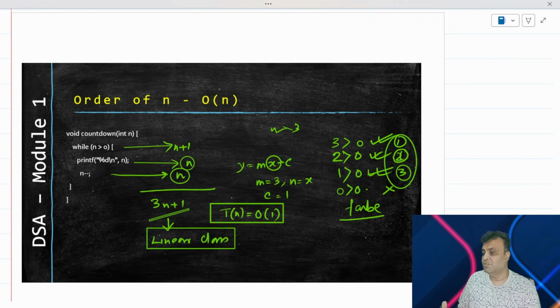We have established before mathematics from a graphical standpoint why we said order of n. This is degree 1. Hence, it should be order of n and not n square, n cube, etc. Hence, the time complexity is order of n for a linear class. But we have established why this is order of n, and why we are neglecting this constant, because this is an intercept to the graph and this is the steepness of the graph.